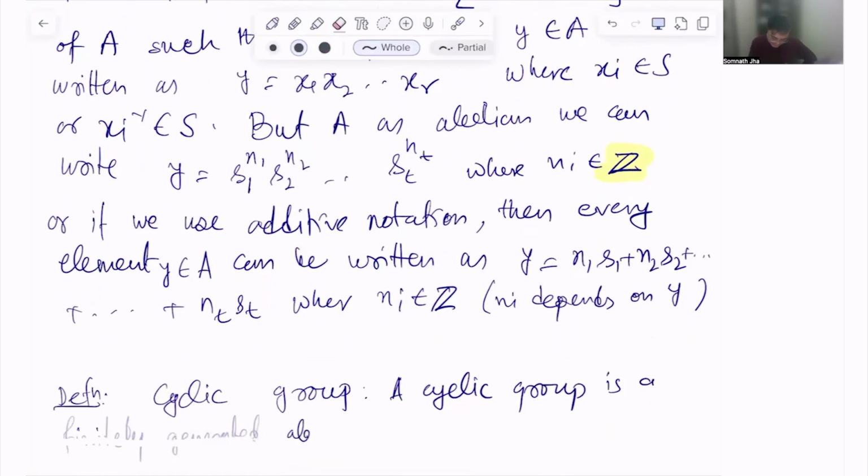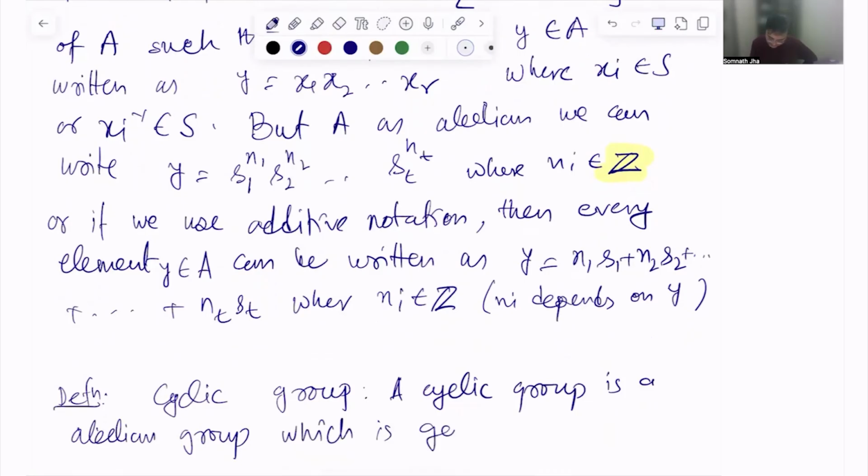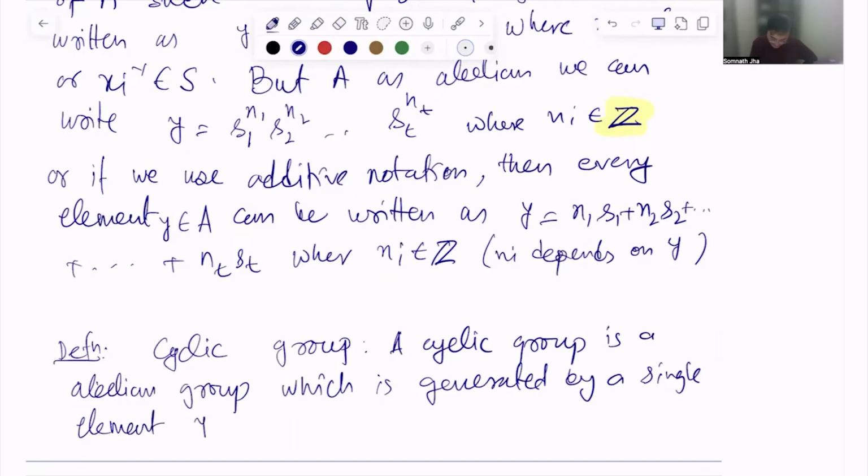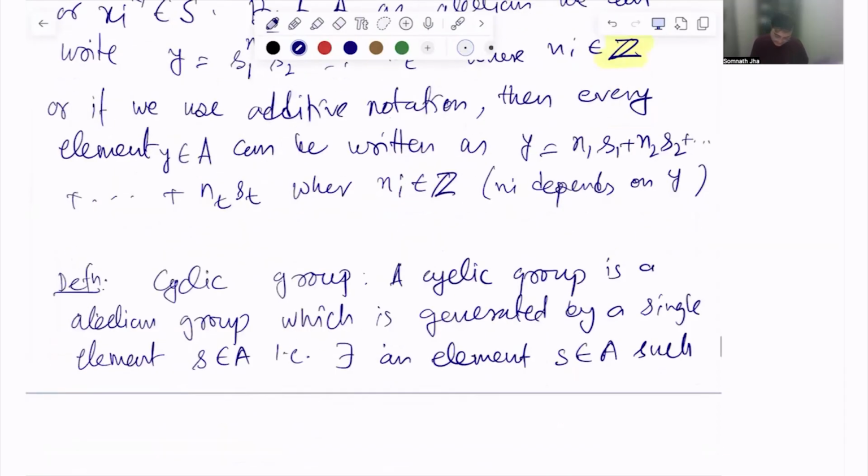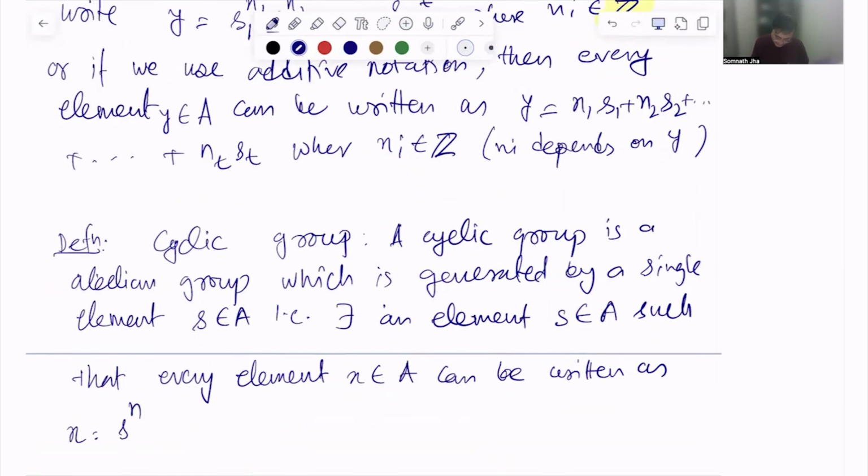So we can directly say it is an abelian group which is generated by a single element s in A. That means, equivalently, there exists an element s in A such that every element x in A can be written as x equal to s to the power n for some n in Z,